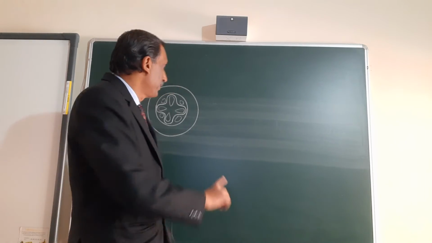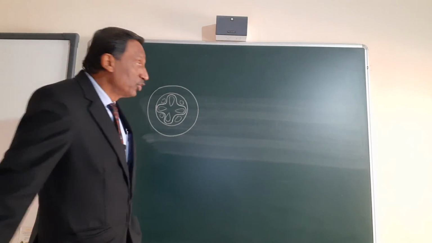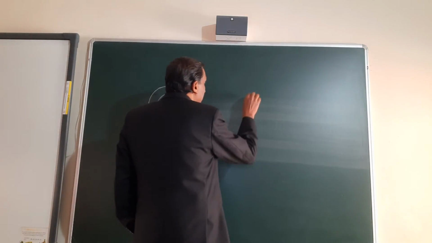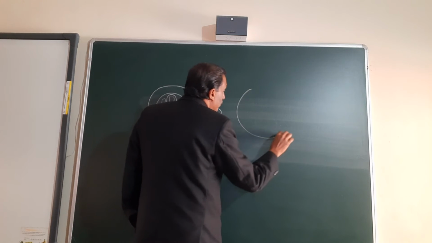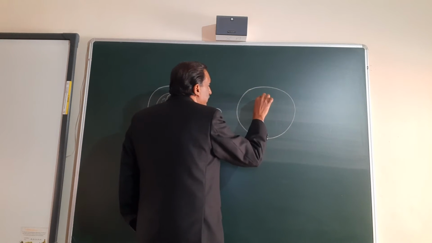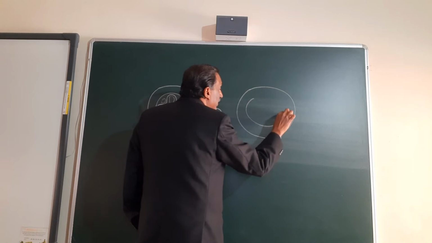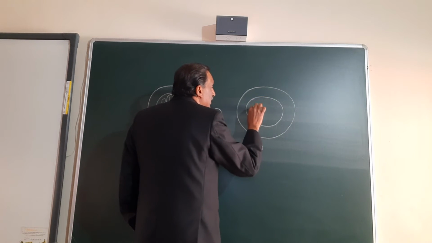Right now it is wavy, but in due course of time this will form near circular. See, this is your epidermis, and this is the endodermis, and